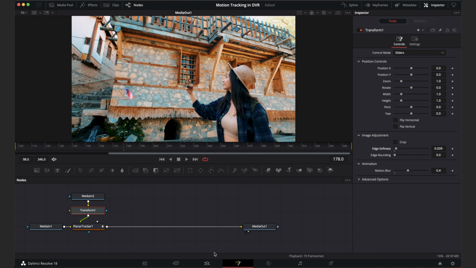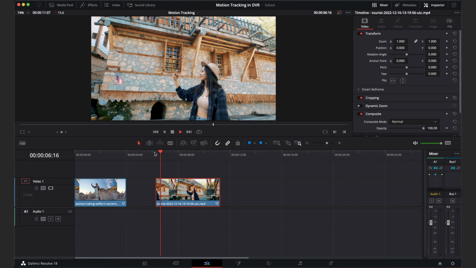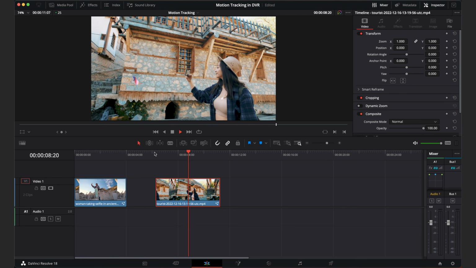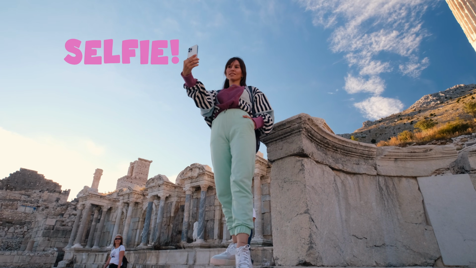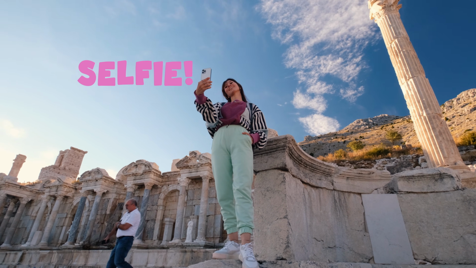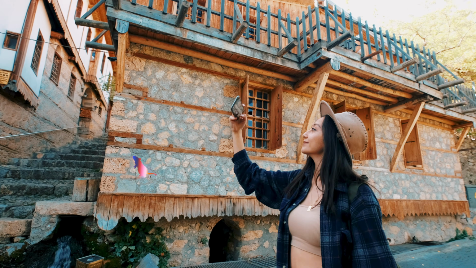And now if we go back to our edit tab, we can see once again that that little image has been tracked onto the wall the same way that our text was tracked onto our phone in the first piece. So there we go, a couple of quick ways of doing some motion tracking in DaVinci Resolve Fusion and using that tracking data to bring some wow factor to your edits.